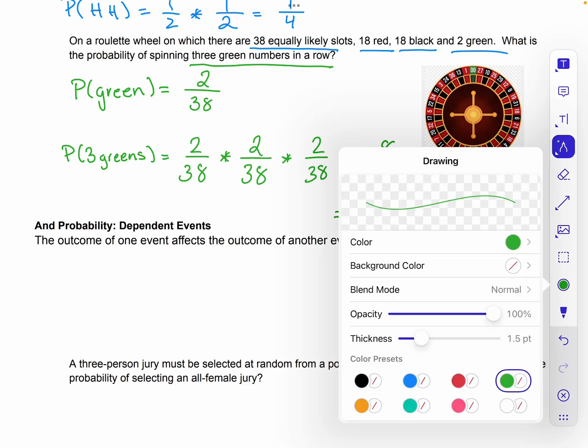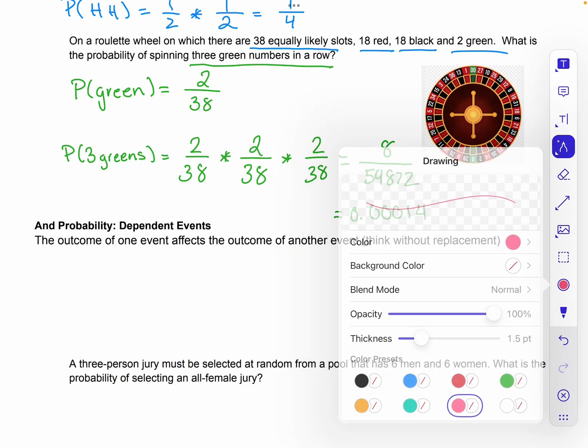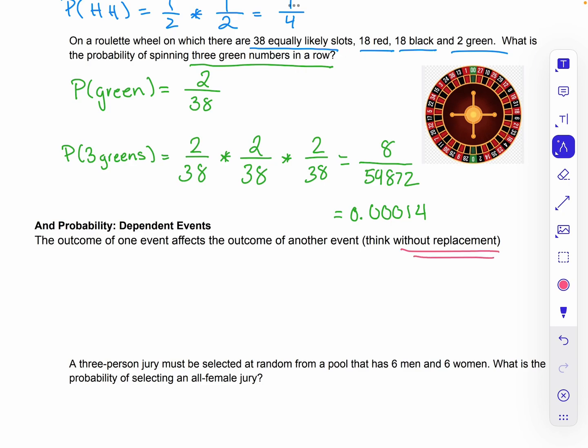And so when we're dealing with our dependent events, I like to think drawing out of a deck of cards. If I'm dealing out my deck, and let's say I'm playing blackjack and I put one card down and I notice I have an ace there. Of the cards that are now remaining, there are only 51 cards left in the deck and 3 aces, not 4 anymore. And so my probability of what I get next changes based on the fact that there have been